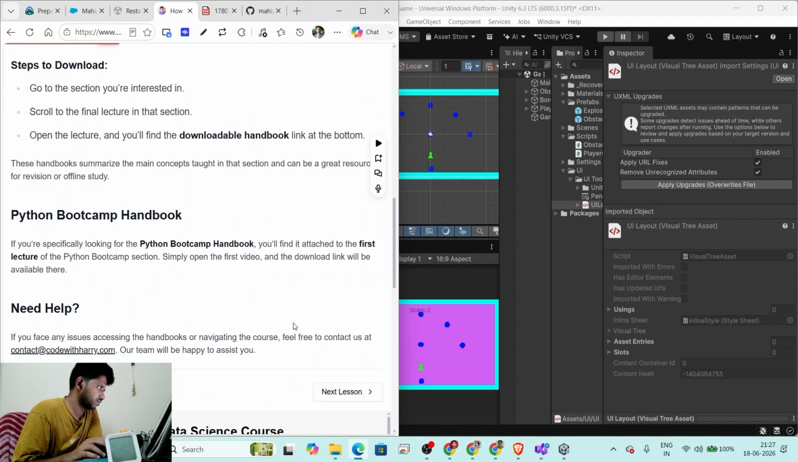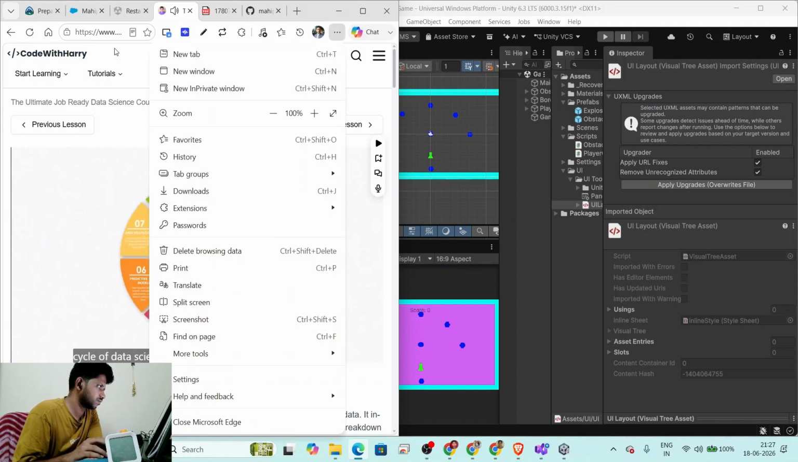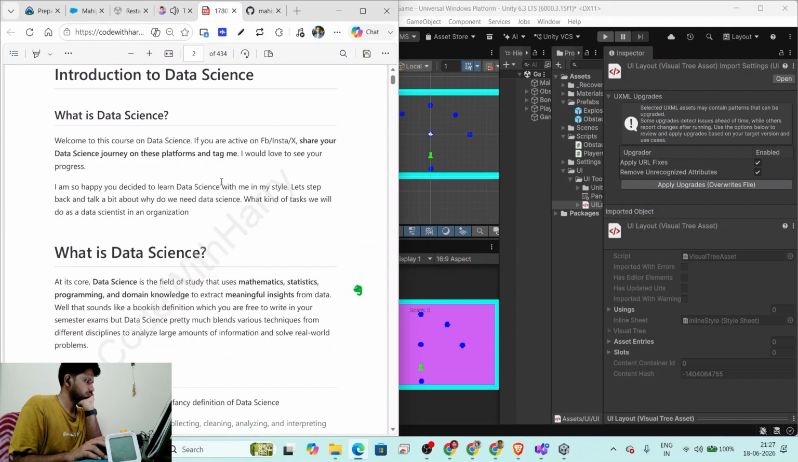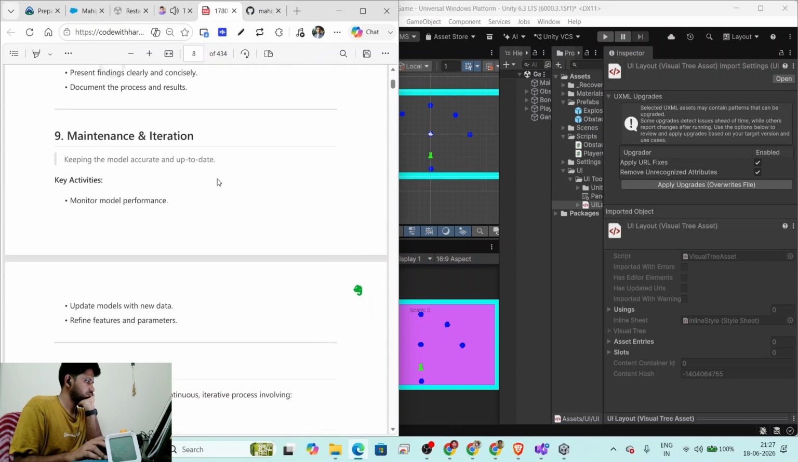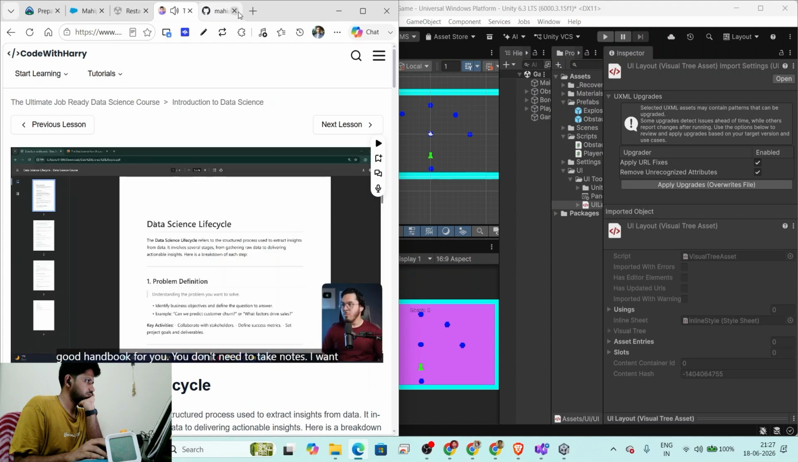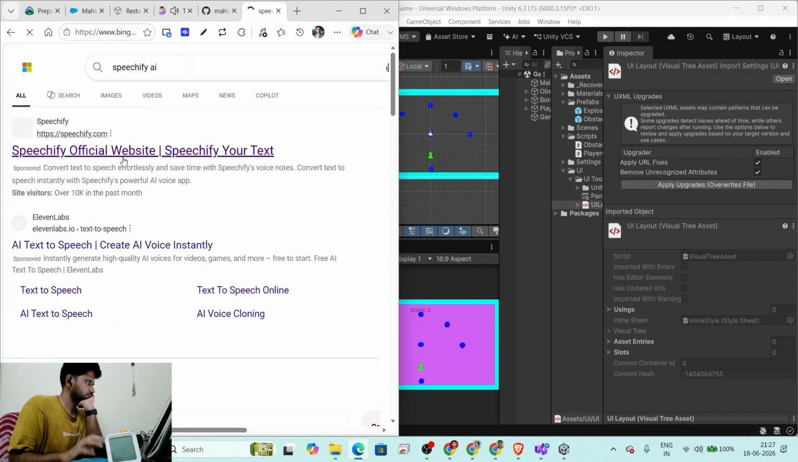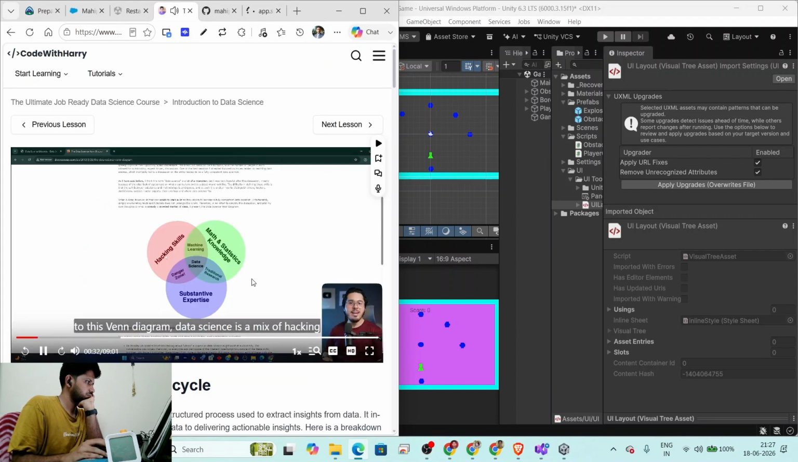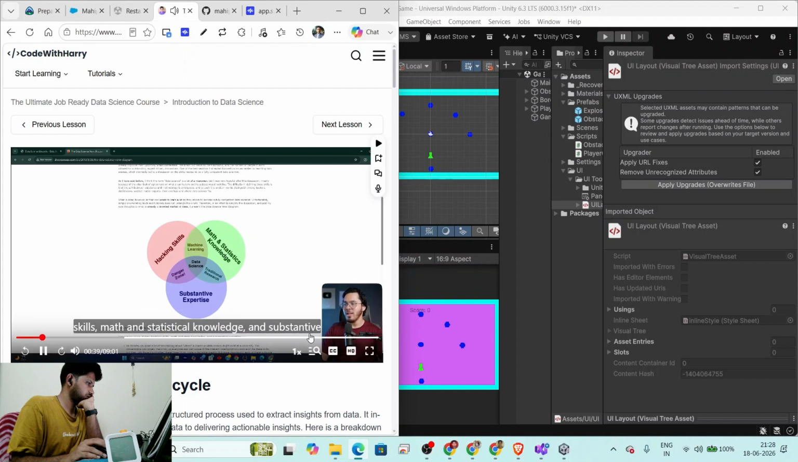दोबारा से रिमाइंड करना चाहता हूँ, ये हैंडबुक आप लोगों के बहुत काम आने वाली है। अब मैं आगे बढ़ने से पहले ना आप लोगों को डेटा साइंस का एक वैन डायग्राम दिखाना चाहता हूं जो कि काफी फेमस है। तो कहा यह जाता है इस वेन डायग्राम के हिसाब से कि जो डेटा साइंस होती है ना, इट्स मिक्स ऑफ हैकिंग स्किल्स, मैथ एंड स्टैटिस्टिकल नॉलेज एंड सब्सटेंटिव एक्सपर्टीज। एक्सप्लेन करता हूं आप लोगों को क्या है कि जो डेटा साइंस है वो इन तीनों का कॉम्बिनेशन